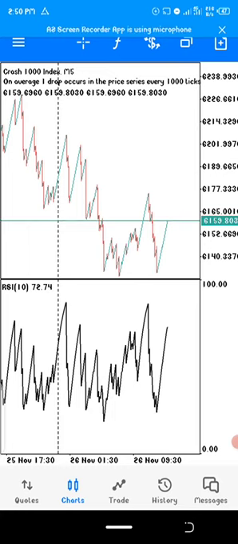And a disclaimer for you guys: these strategies do not really work well on the Boom 500 and the Crash 500, and also the 300 series. So if you want to use these strategies, I advise you to just stick to the Boom 1000 and the Crash 1000 market. All right, so in this video we're going to be talking about the